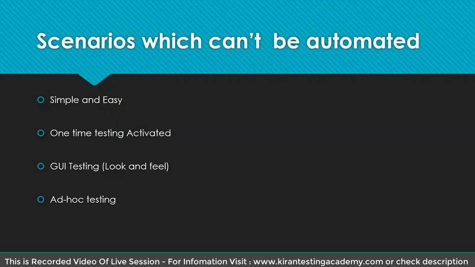Ad hoc testing, most commonly used GUI testing, like background color, screen, text font, text size, this kind of testing also will not be done using automation. Look and feel, like ad hoc testing or monkey testing, all this falls under informal kinds of testing. Without test cases, without documentation, whenever we test, we call it ad hoc. Generally, ad hoc testing is done by the domain expert who has good knowledge of the application flow, without test cases or documentation. So again, in this case also, automation testing is not suitable.